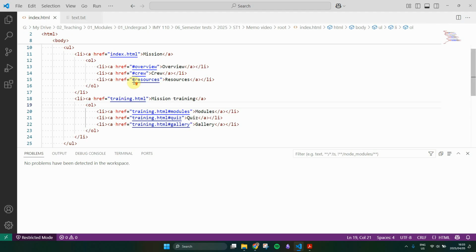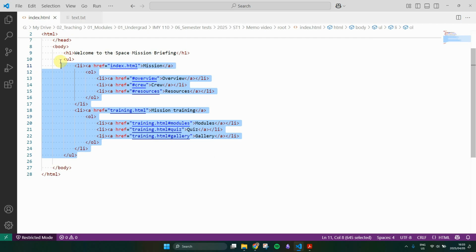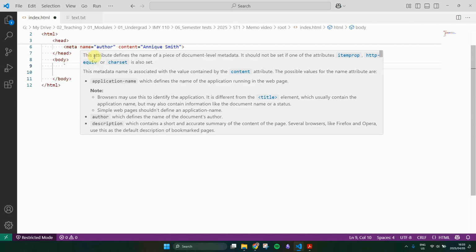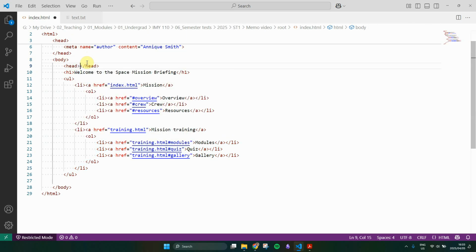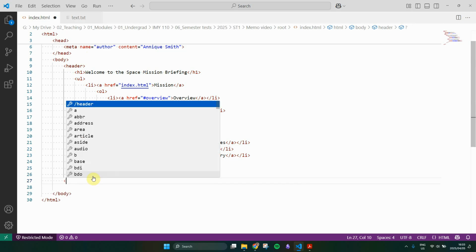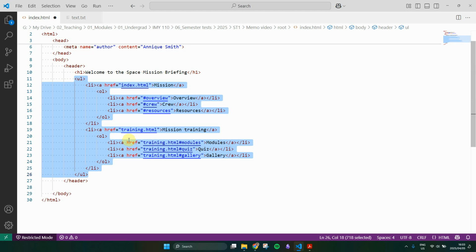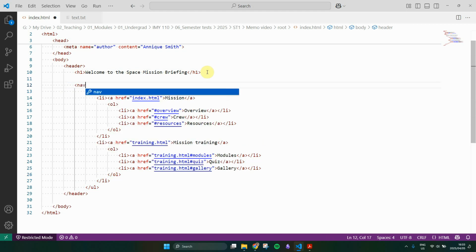Okay. Now we need to use the header and the nav elements. So we grab this. We're gonna put these two in the header. Whoops, sorry. Let's just add our header element. Whoops, not header. Okay. We indent these two because they're gonna go inside it, and close our header element. Okay. Then we need to add a nav element, and we can wrap the whole navigation inside the nav element. So we're going to do that over here. Nav